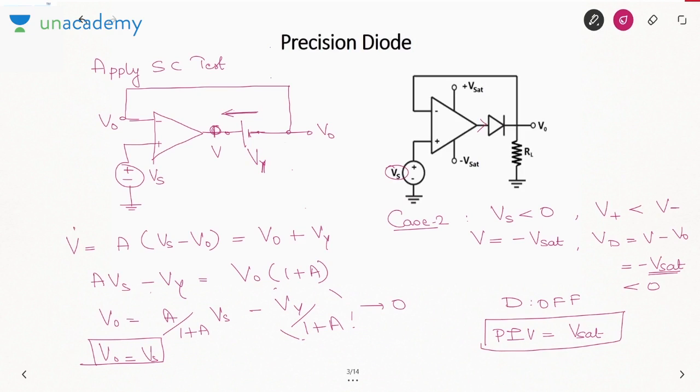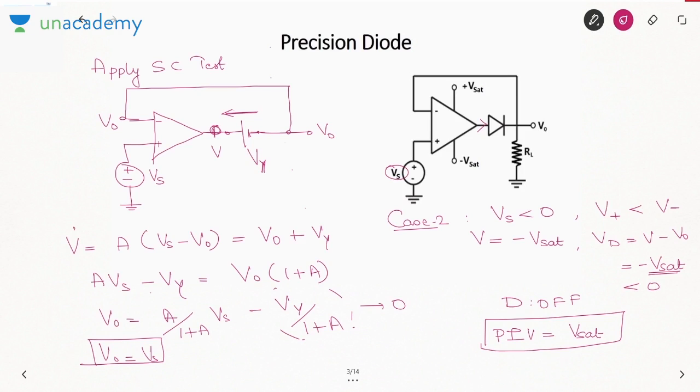If you don't want the device to break down, you have to buy a diode which has higher breakdown voltage, and then your cost will also increase. So at such a high voltage the diode can get damaged, and if you want to protect the diode, you have to choose a diode which has a higher voltage rating,